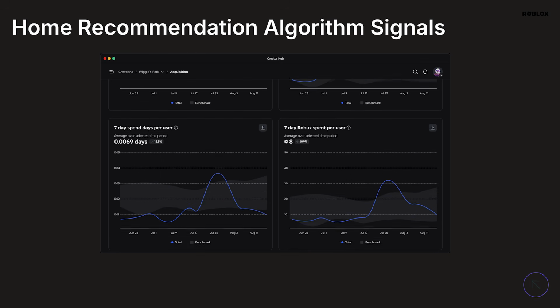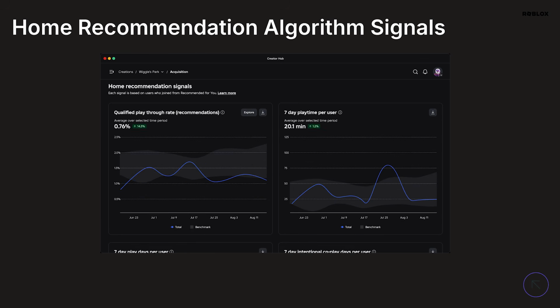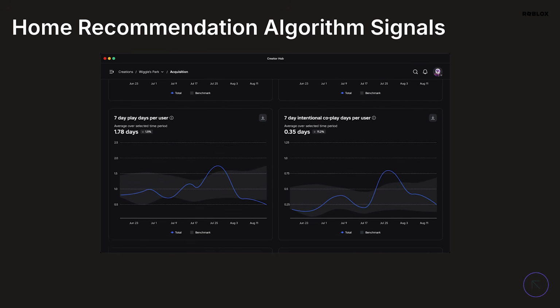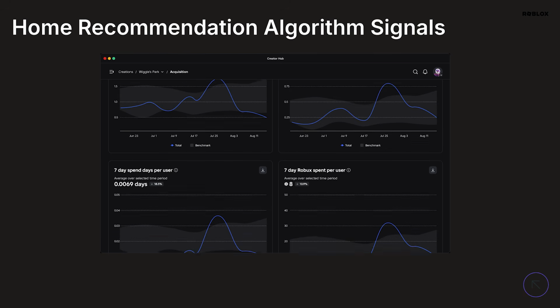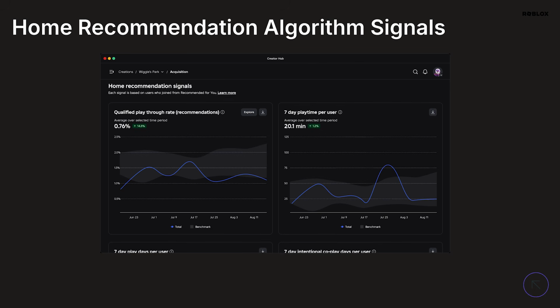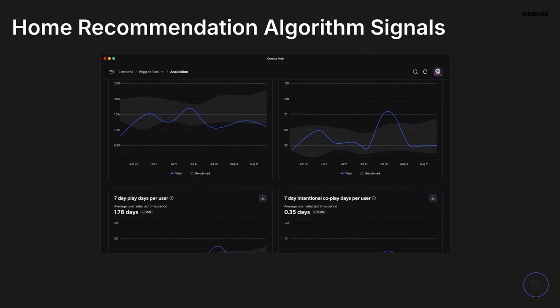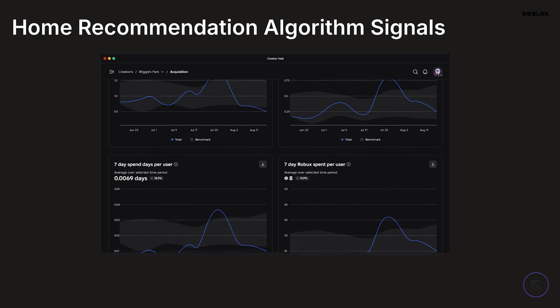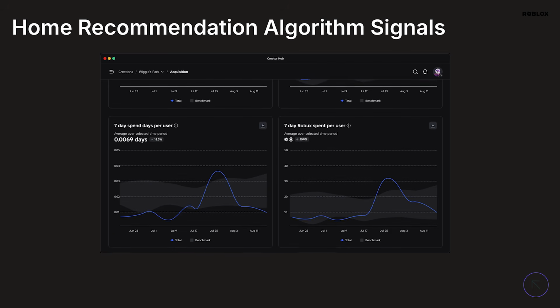So there are essentially 4 factors that impact the impressions you get on your game. One is what you as a developer do: what game updates or changes did you make? That's one factor. The second factor is what did Roblox do, or what did we do as a discovery algorithm team? Did we change anything? Those are the 2 factors. That's very easy to know.